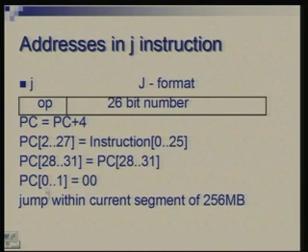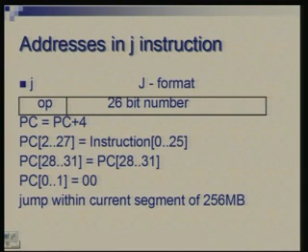Okay. So, now what it means is that using the J instruction you cannot jump anywhere in the memory space. You can specify a range which is defined by 26 bits, and this 26 bit number is taken as a word address. So, effectively in terms of bytes it is 28 bits. So, your range of jump is within the current segment of size given by 2 raised to power 28, or 256 MB.